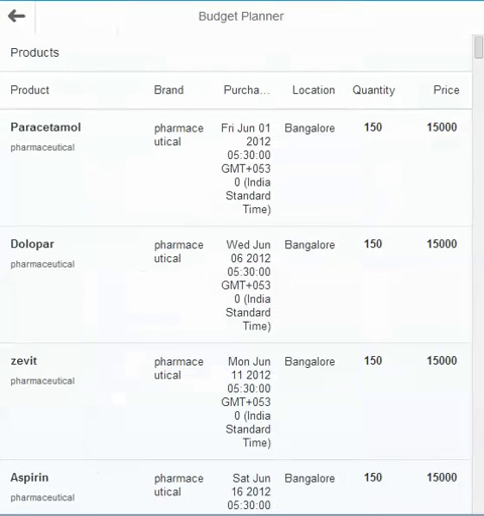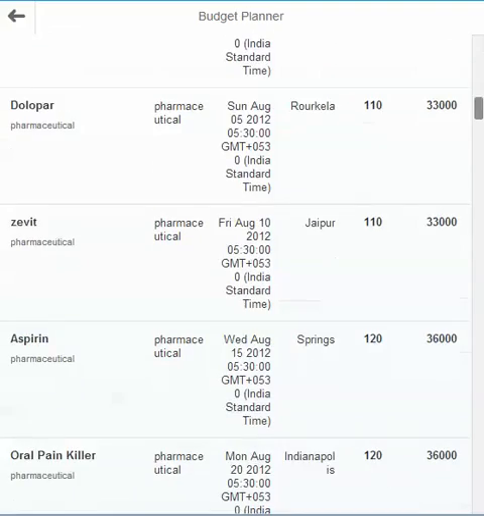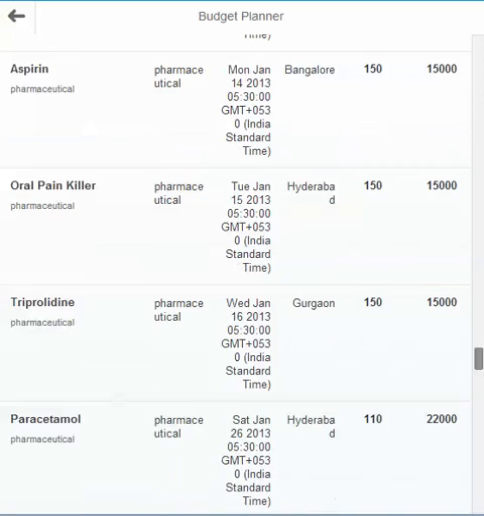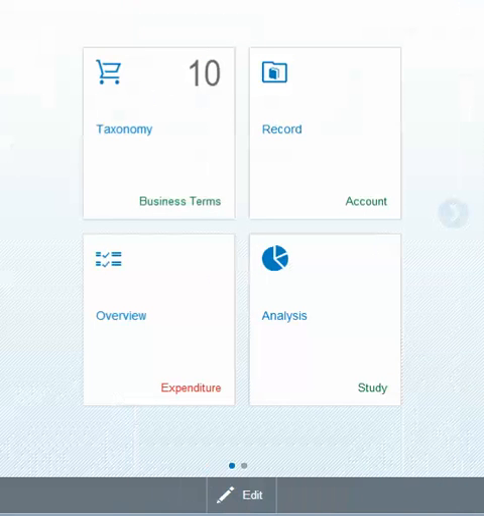Going on to the overview, which shows the details of everything he has purchased, he can actually see how much he has purchased. For timely purposes, we had populated some data which he would be buying. So all the details are mentioned: when did he buy, why, and where did he buy?